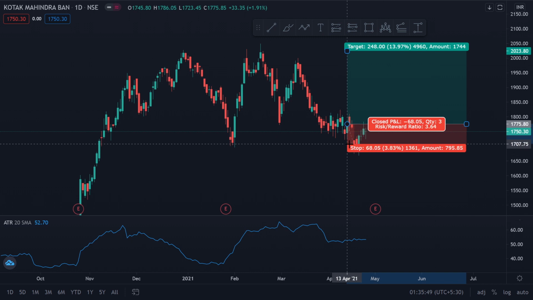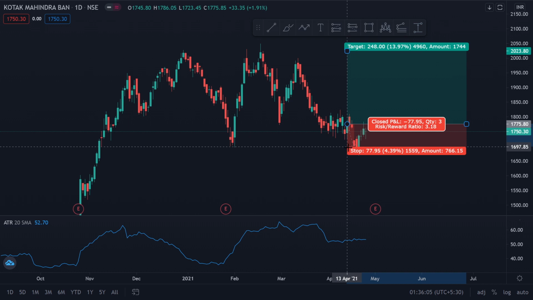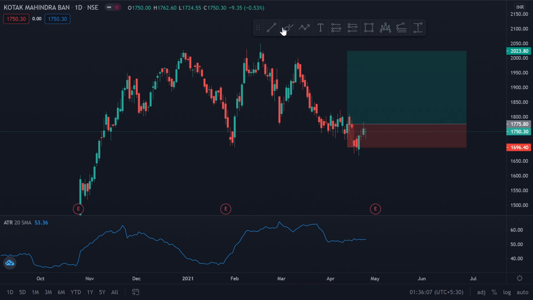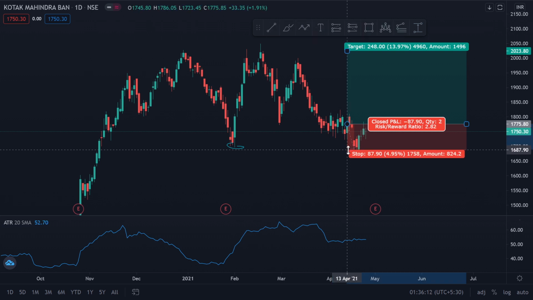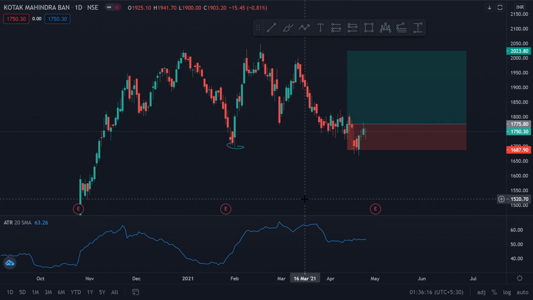If I would have taken here, I definitely had a better risk to reward of 3.6, but it failed, right? So I would rather have a trade with a much higher possibility and a lesser risk to reward than a trade which is bound to fail almost, right? So even if I went by this logic of this being the support and I place my stop loss right below these wicks also, I got stop loss hit. So this is another classical example of how you can use ATR to avoid getting stop loss hunted.